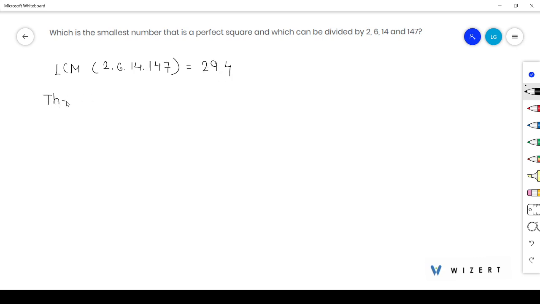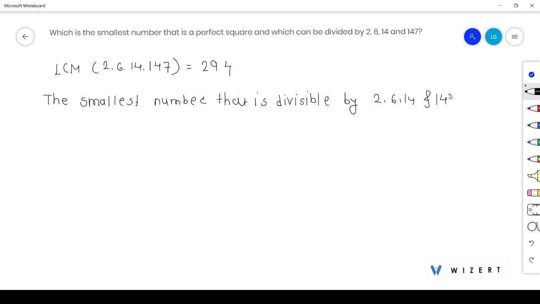Okay. Now the smallest number that is divisible by 2, 6, 14 and 147 is 294. Okay. But this 294 is not a square,